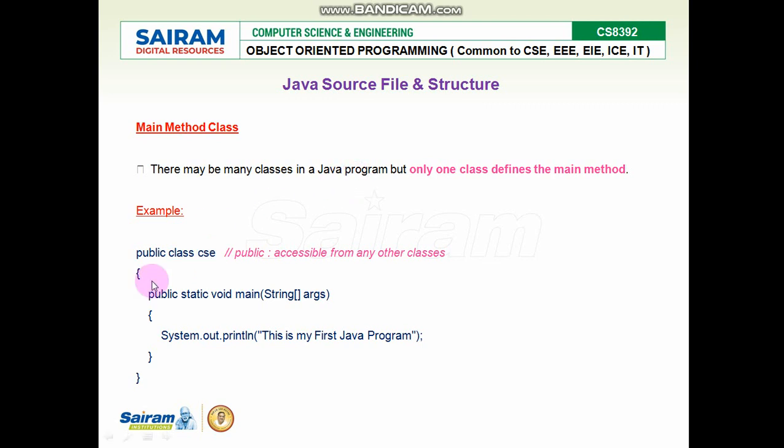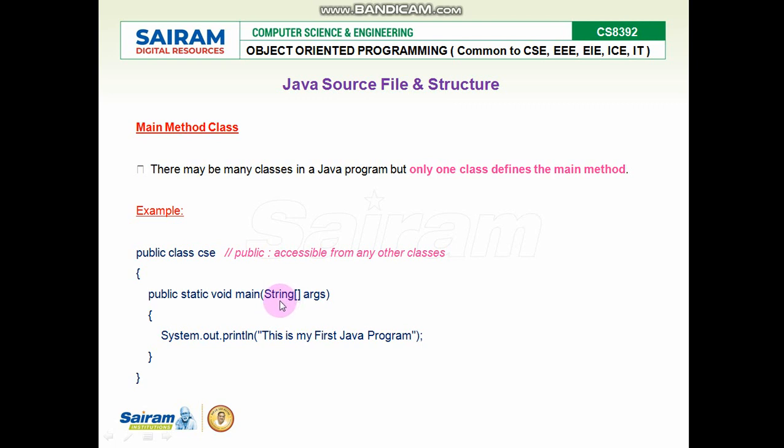And the main method can be defined like this: the public keyword, that is the access specifier, means this method can be accessed outside the class. Static: before instantiating an object, this main method can be called. That is what static means. Void is the return type, nothing. Main is the function name. Every Java program must start from the main function. That is the thumb rule.